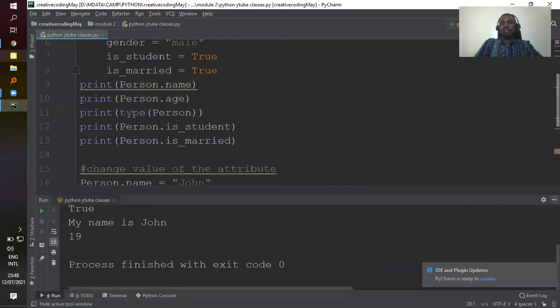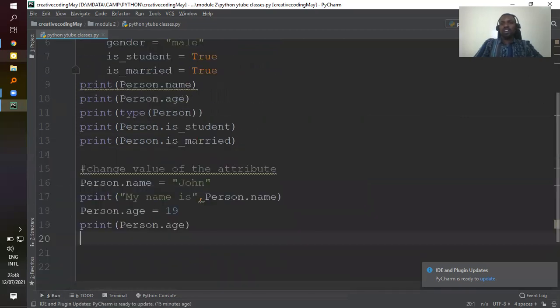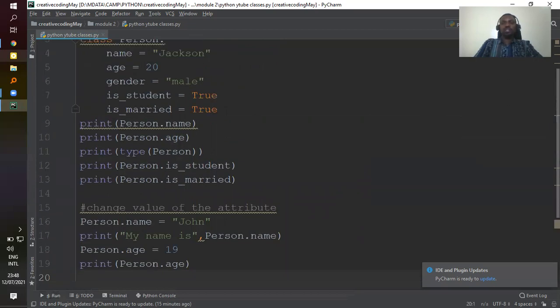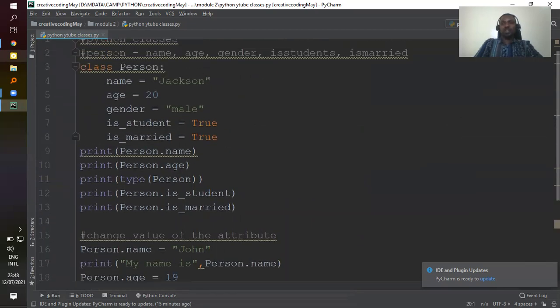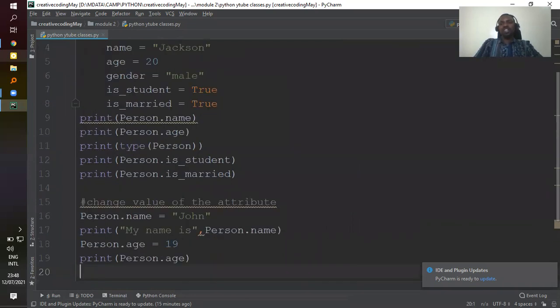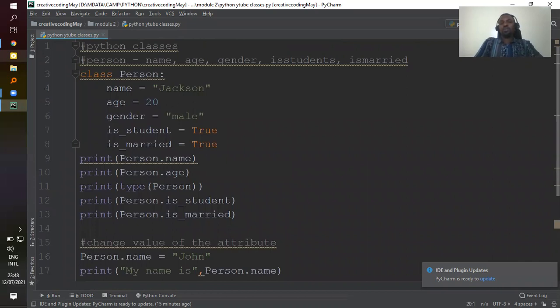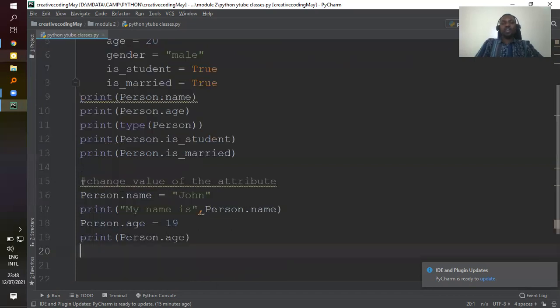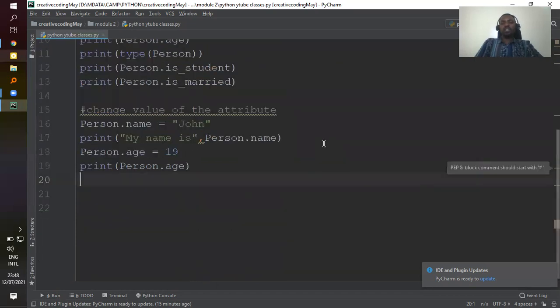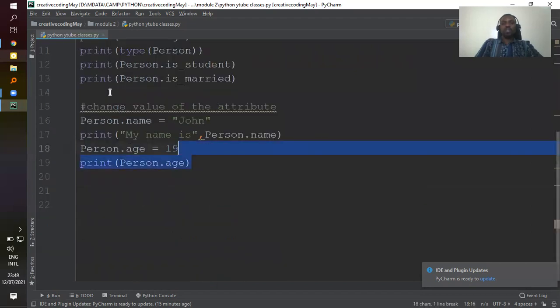Remember, I've not started talking about instance at the moment. Don't bring that word in this context. We are not yet there. That's where most people start making mistakes, trying to introduce it especially when you're learning the whole concept of OOP for the first time. Don't mix the basic concept of a class with the instance and the object idea. It will get you lost. So right now we're just trying to play with this class person. So that's how you can interact with